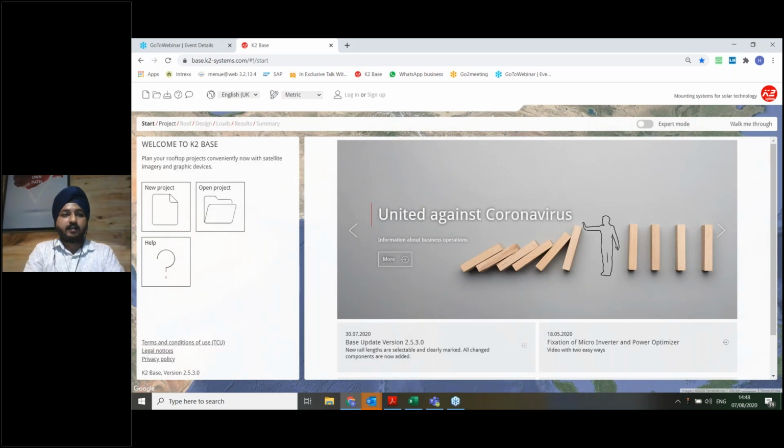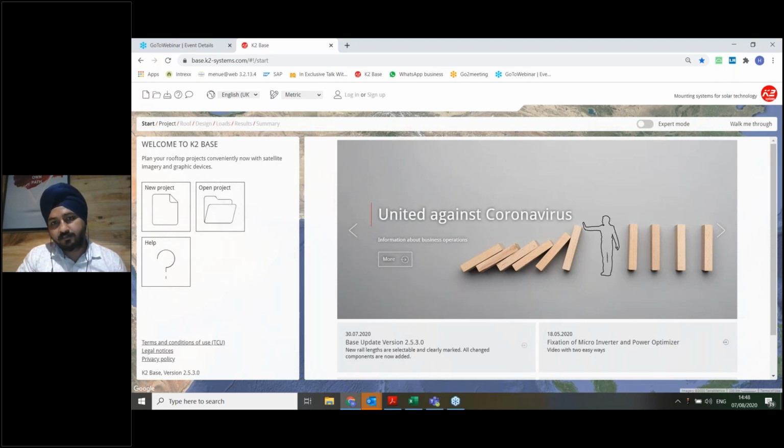So we are going to start with the mechanical planning without wasting much time. In short, we at K2 Systems are a mounting structure company based out of Germany and have subsidiaries all over the world. We have more than 10 gigawatt installed worldwide, and we are proudly saying that we are a very reliable company.